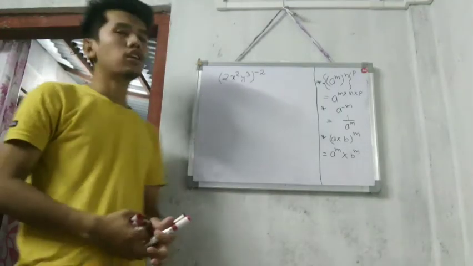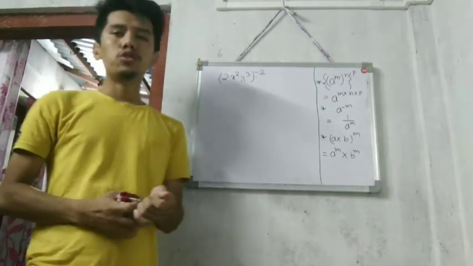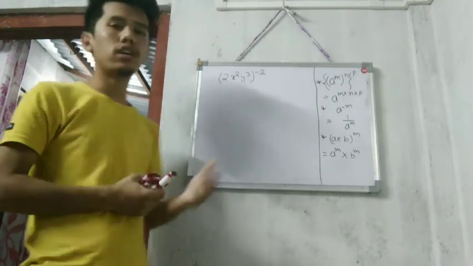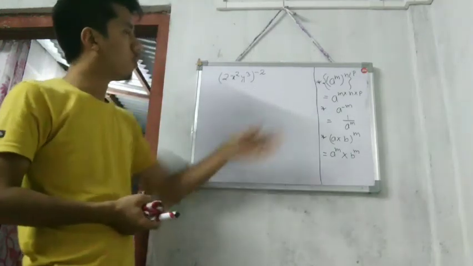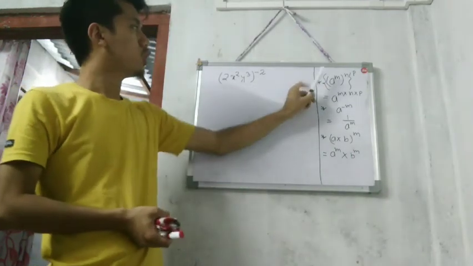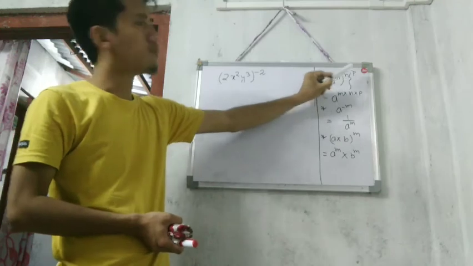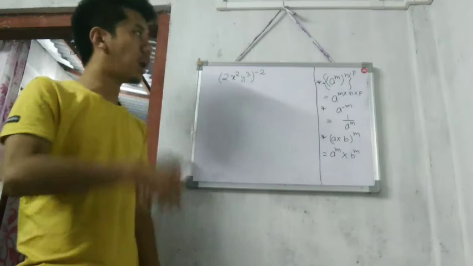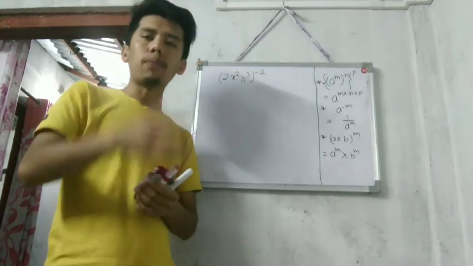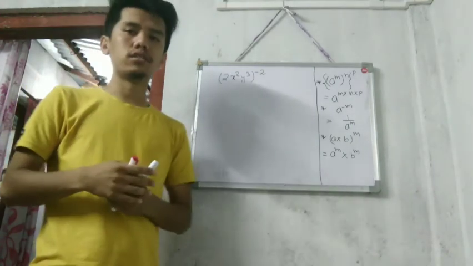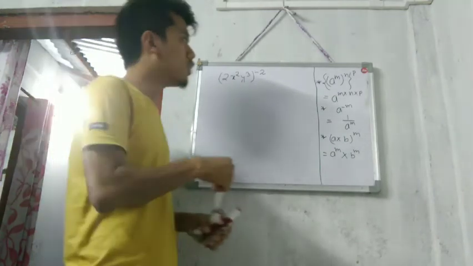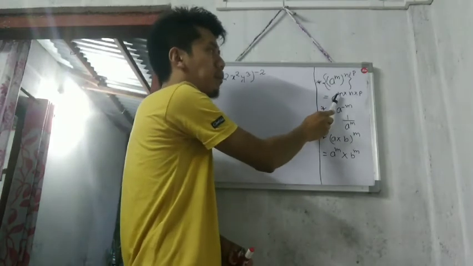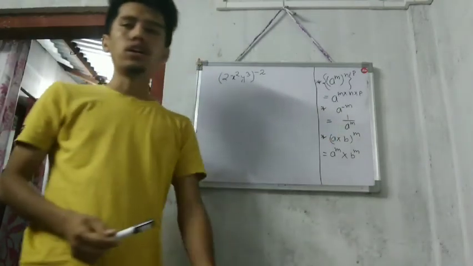Hello students. So today I am going to teach you some new formulas that I have explained earlier in the very first video. So the formula is (a to the power m), whole to the power n, and whole to the power p. In such cases, if there is a power of a power, again a power of a power, the individual powers will be multiplied. That means it will be a to the power m into n into p. So this is the formula.